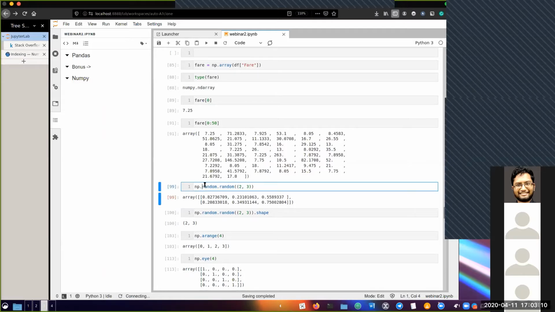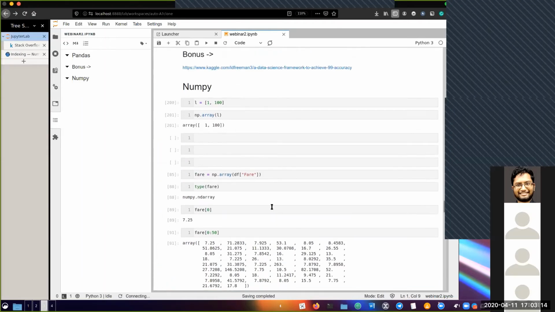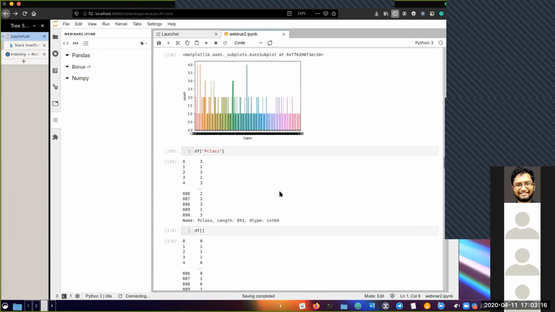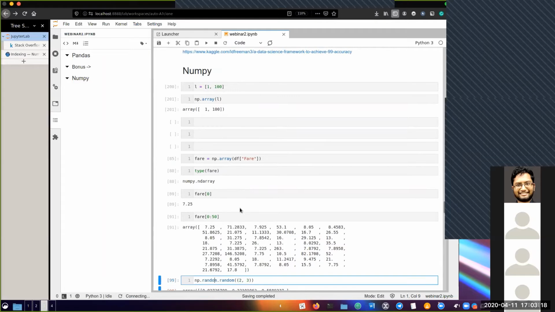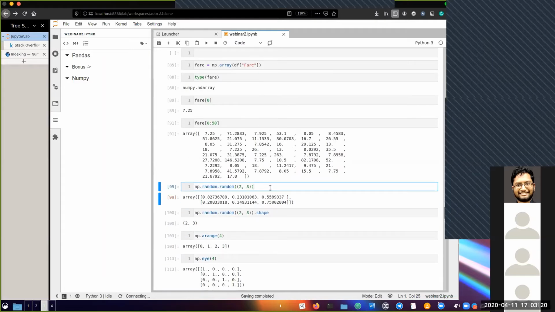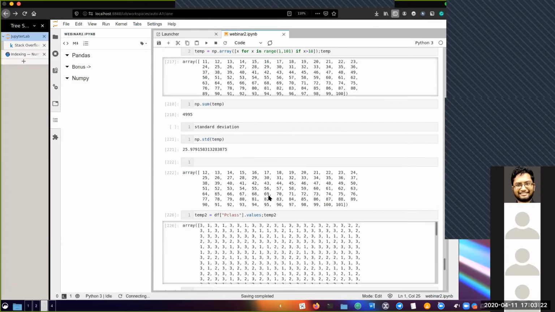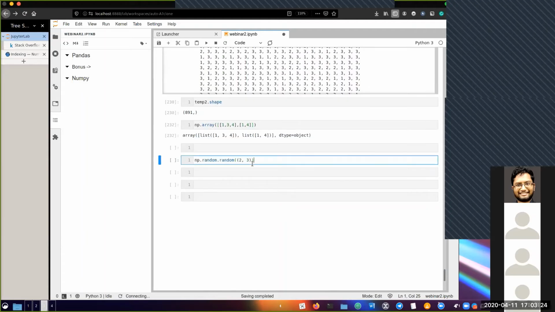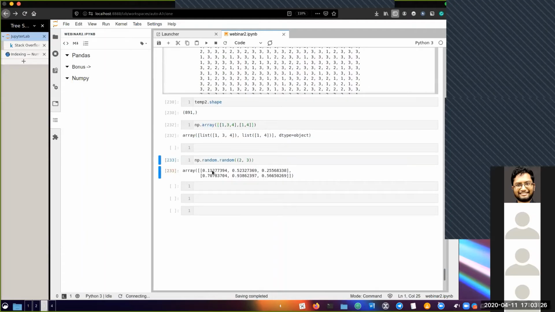So all it's doing is that if I want a random array, as an example, because it makes no sense to have reshape for our data set. So let's just take a random value. So all I'm doing right now is I'm making a matrix. So if you see, it's the same thing. It's just an array with 3 columns and 2 rows.